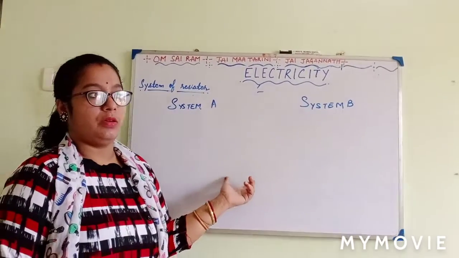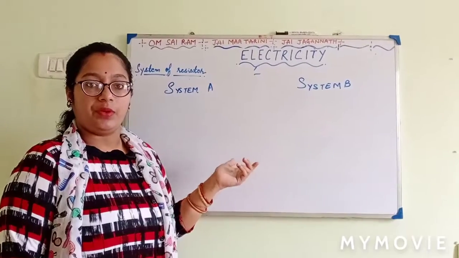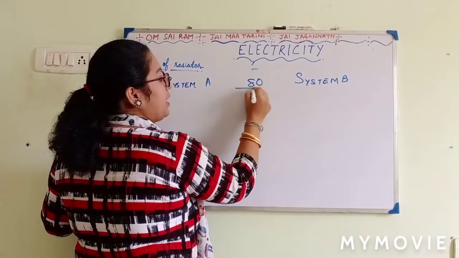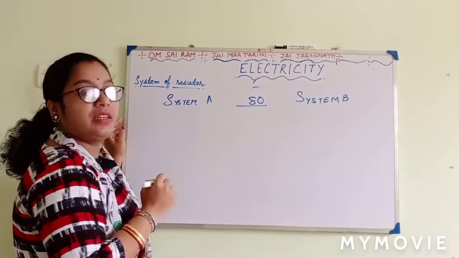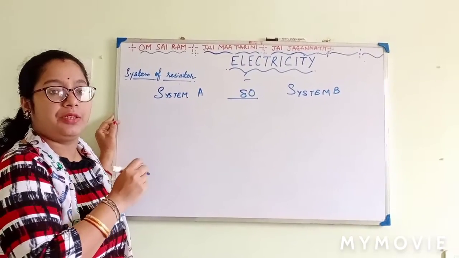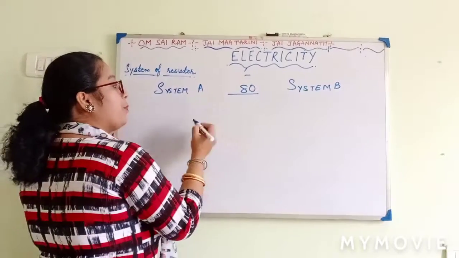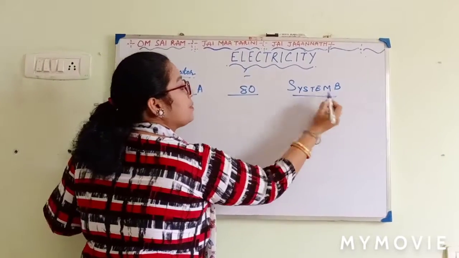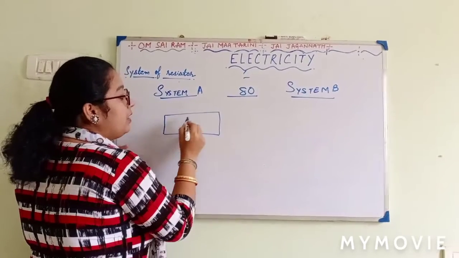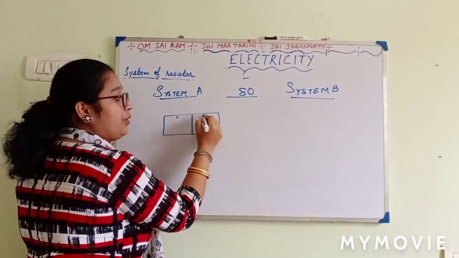So there is a fair and the entry ticket for the fair is rupees 80. So the manager suggests two types of arrangement for ticket collection for entry of people into the fair. So how did he propose? He proposed two systems. In the first system, what did he do? He made a counter divided into two parts. Counter 1 and counter 2.